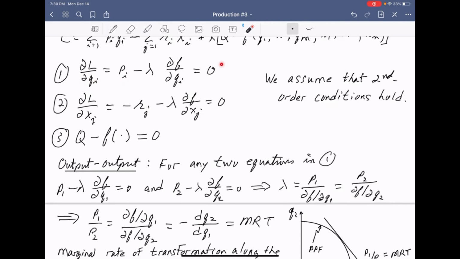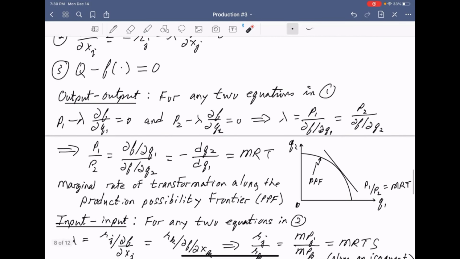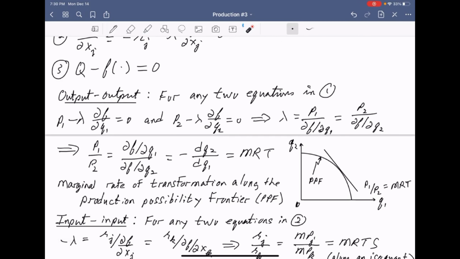So we look at this set of equations 1, and we find these results: P1 minus lambda times the partial of f with respect to Q1 is equal to 0. We do the same thing for P2, and we then solve for lambda, and we find that P1 over the partial of f with respect to Q1 is equal to P2 over the partial of f with respect to Q2. Rearranging this and ignoring the lambda, in other words, just looking at this component here, we get that the partial of f with respect to Q1 divided by the partial of f with respect to Q2 is equal to minus the